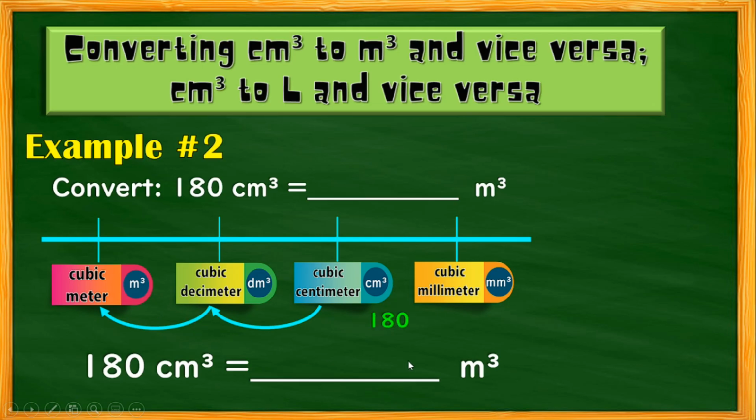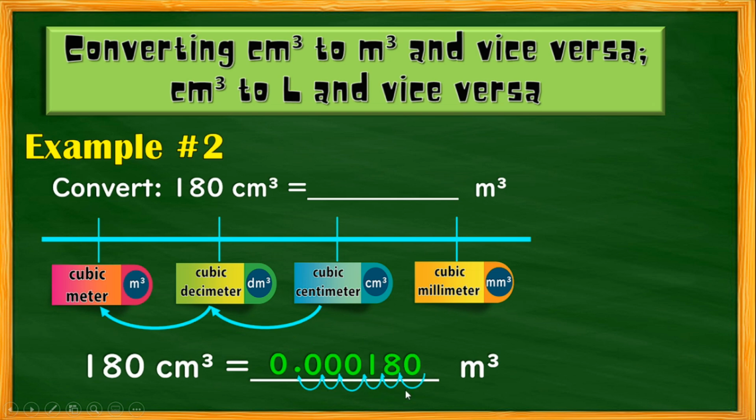So write 180. Then start from the right going to the left. So 1, 2, 3, 4, 5, 6. Then write the decimal point, this one, and fill in 0 for the remaining movement. So the answer would be